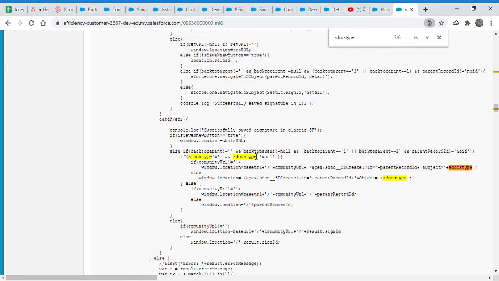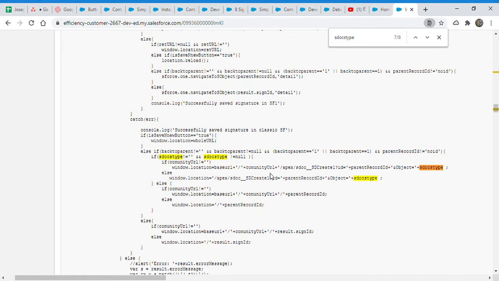In that version, if you test with the back to parent attribute, back to parent set to 1, then it will work fine, because this is a very old version where, if back to parent 1 is passed and the parent ID is there, and the docs type is there, then it tries to redirect to this page, the namespace of the package, and then AST create one, and then the ID of the parent and the object. For our case, we are working with contact, so the ID will be the contact ID and the object is equal to contact.